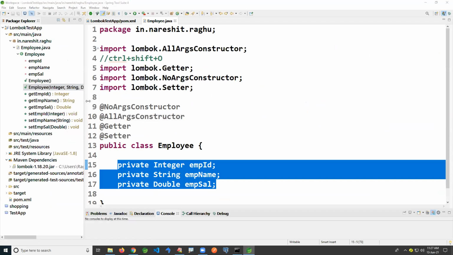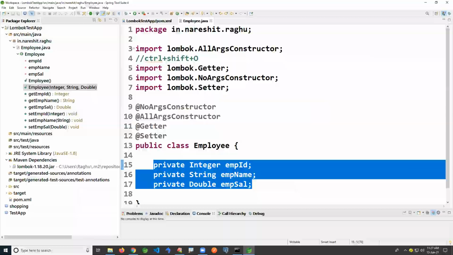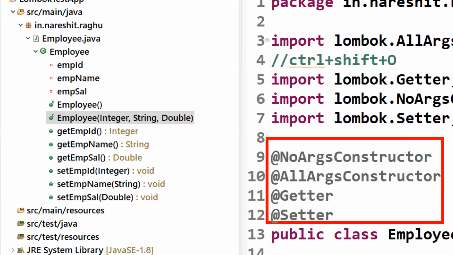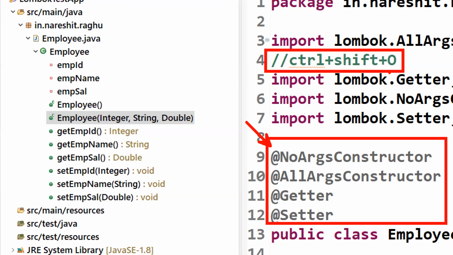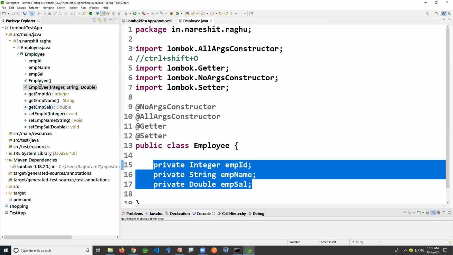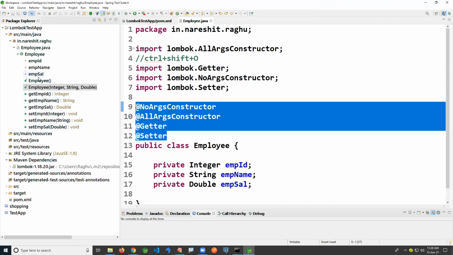Okay, so here you can see I have added these annotations. You can add them in any order and just press the import statement. But still, if you do this in your system, you may not see this output. It is working here, but in your IDE it may not work. So though you add annotations, you may not see that.